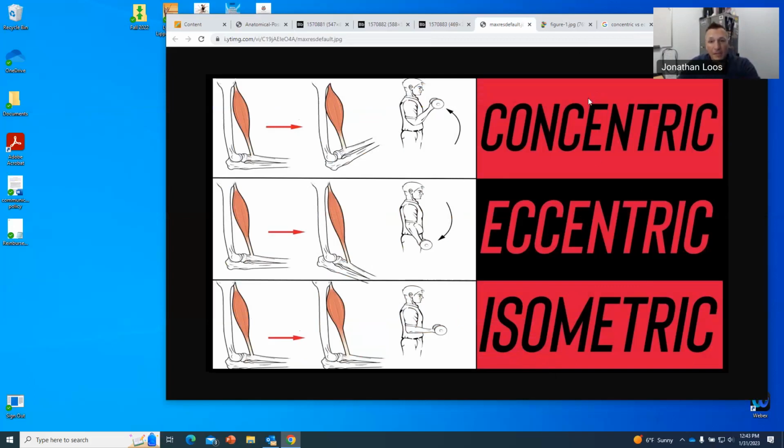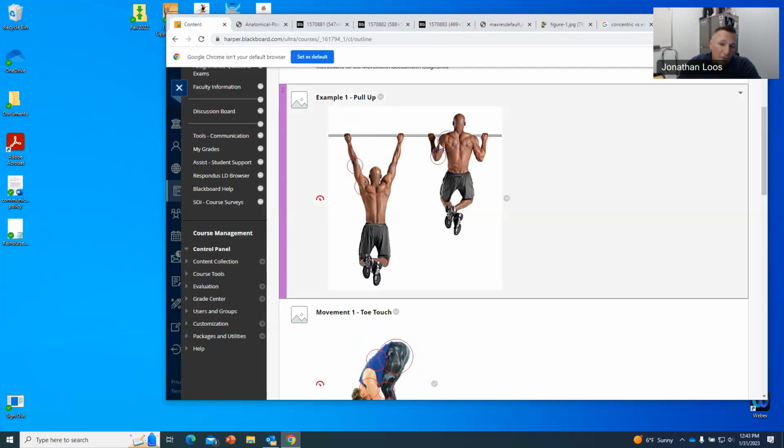So that's the big takeaway from the steps in this process. If I go through and do some of these examples, here's a pull-up. You can see it's a wider grip, so it's coming down to the side here. This could be argued either way, whether this is shoulder flexion, extension, or horizontal abduction. But let's say that what we're seeing here, because the arm's coming overhead and back, is an arm over the